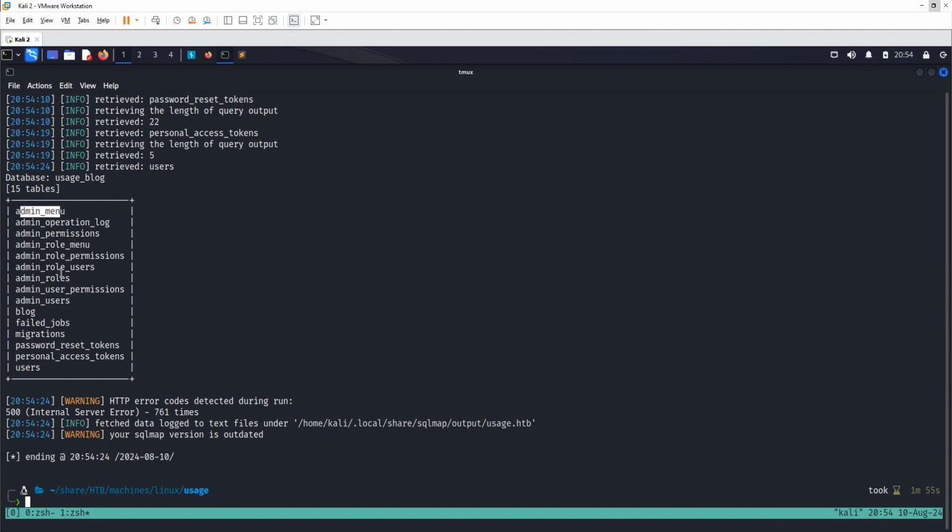We have admin_menu, so we have all these tables, and then we have the users table. So I think the users table will contain information for registered users. All right, but we are interested in this admin_users table. Okay, so this is the table that we want, because that might contain information about the admin users or users with administrative privileges. So let's target that. So we are targeting the admin_users table, and then I think we can just dump the information from the admin_users